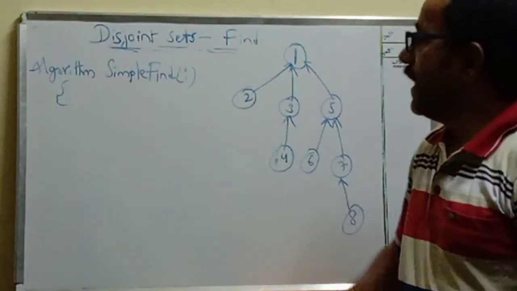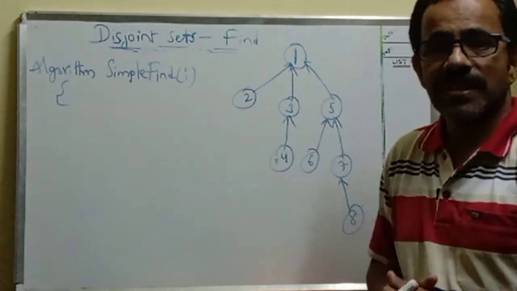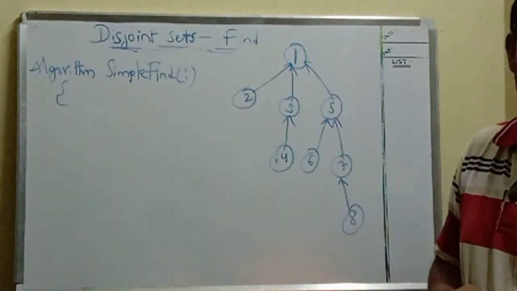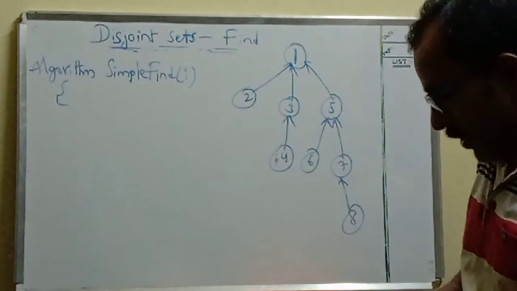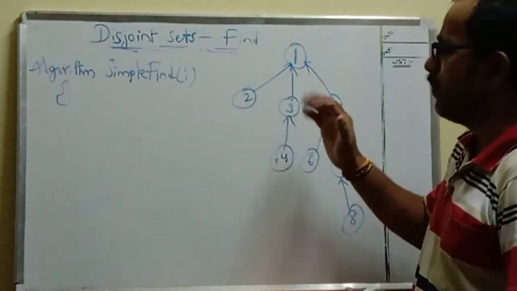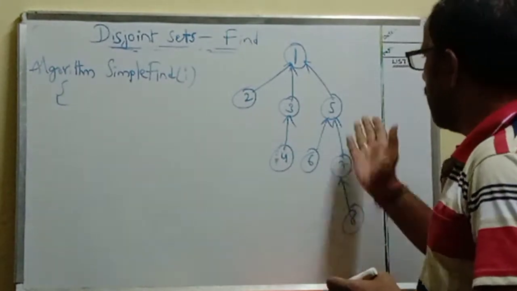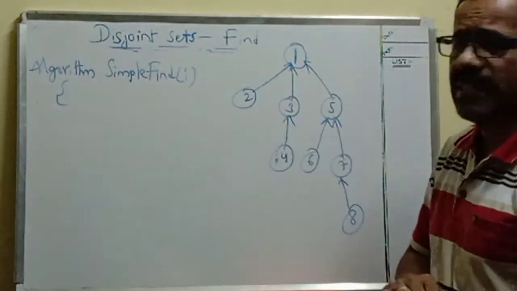Now I am going to explain what the simple find procedure is for the previously constructed tree, and after that I will show you the drawback in this, and I will explain the updated find procedure. Okay, now I am going to explain the simple find procedure. Suppose you want to find any node, either 4, 6, 7, 8, 5, 3 or 2, any node in the tree structure, I am generalizing that node number as I.